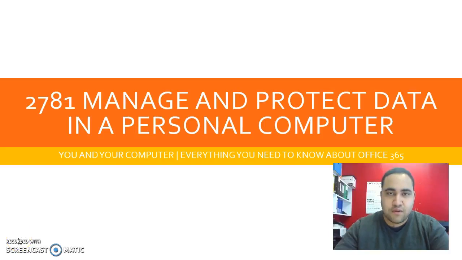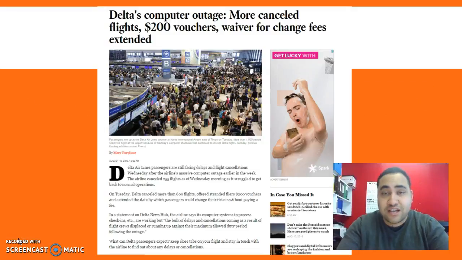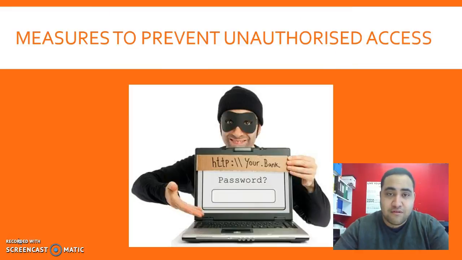Okay, so yesterday we had a look at our threats to our data. So what are things that can act as a threat for us to lose our data? An example of a case study here is an airline that this actually just happened to this week. Now this airline lost out on a lot of funds. What we're looking at for our homework though will cover another part of your assessment, and that part comes around